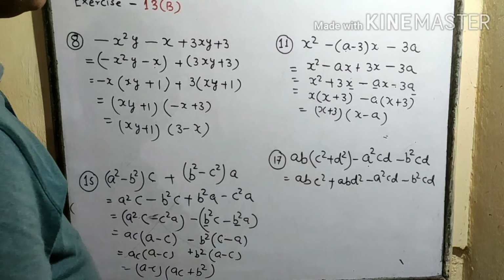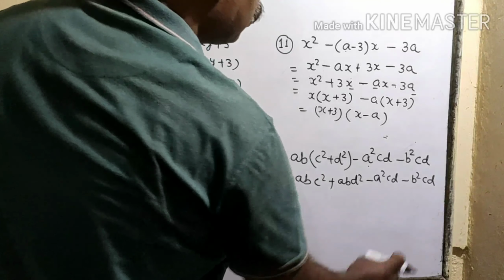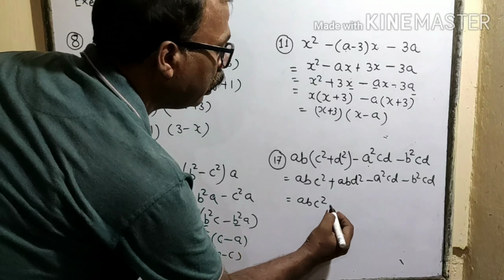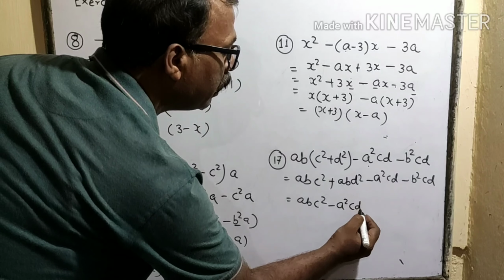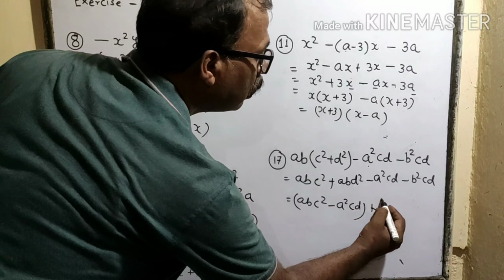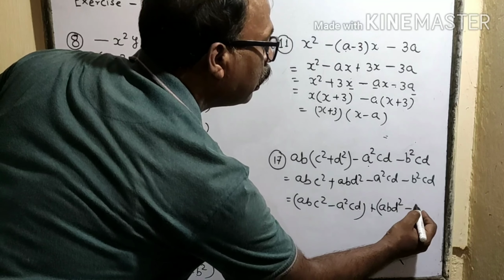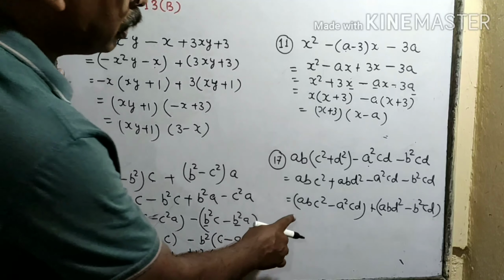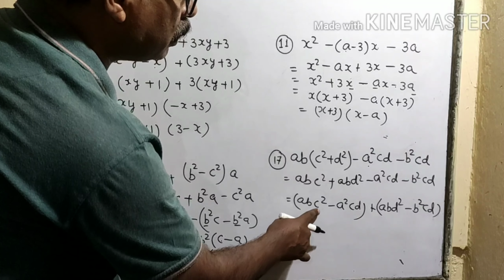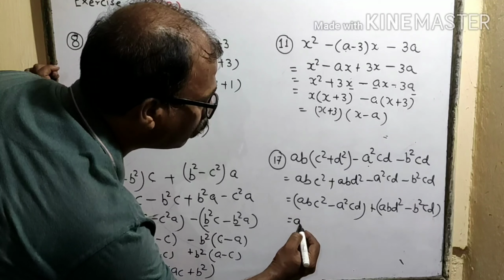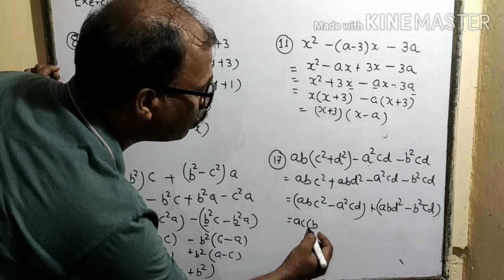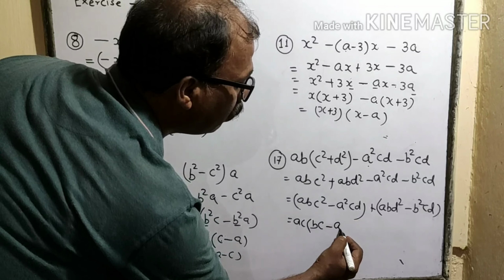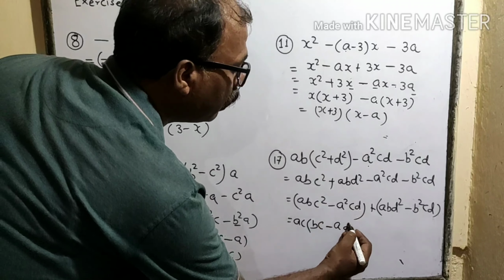Now what we will do? It is abc square, it is b square cd. We will make any of the group like ab c square and a square cd. We will make a group, plus ab d square and b square cd will make a group. And now we'll search common factors among them. a is present here, a is present here, b is not present here, c is present here. So ac will be taken as common. So if ac is taken from here, so one of the b will be left, and out of 2c, one c will be left. From here ac is taken common, so one of the a will be left, c has gone, so d will be left.